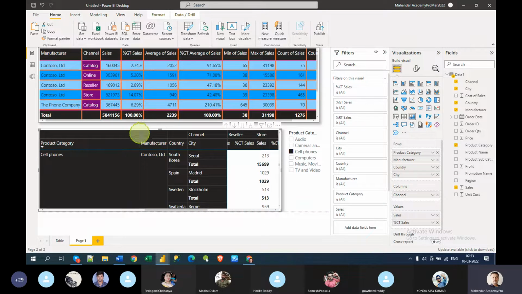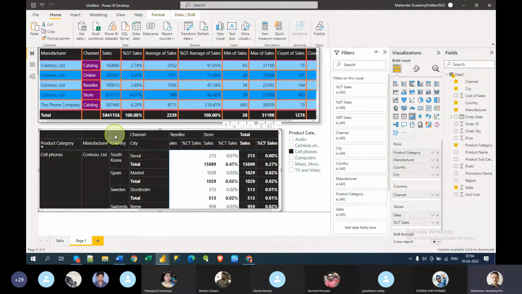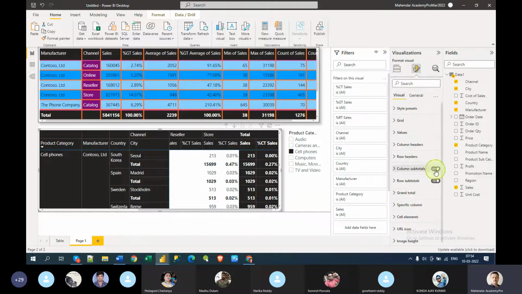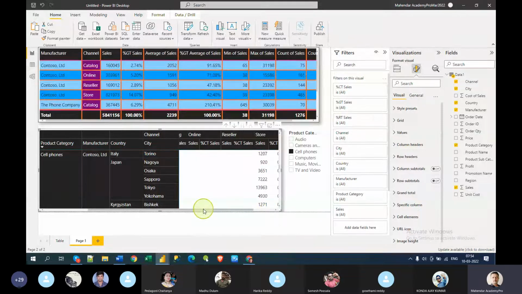Okay, so here, what happened to this? I want to reduce the size. Because of the black color it's not coming. Actually there will be a clip to hold it, and then you can move it like that. And you can turn off the subtotals and totals. That is also fine if you want to do it. How to do that? Go to here, subtotals. Now you can turn them off simply like this, and you can see.